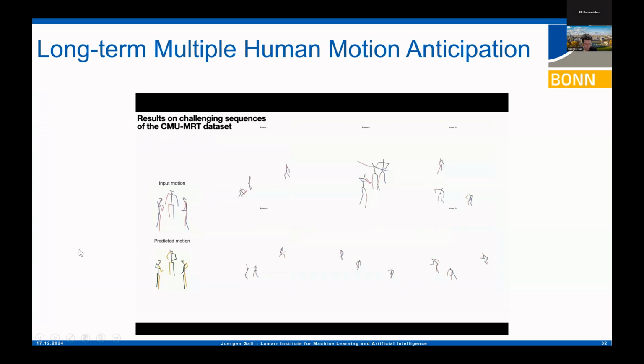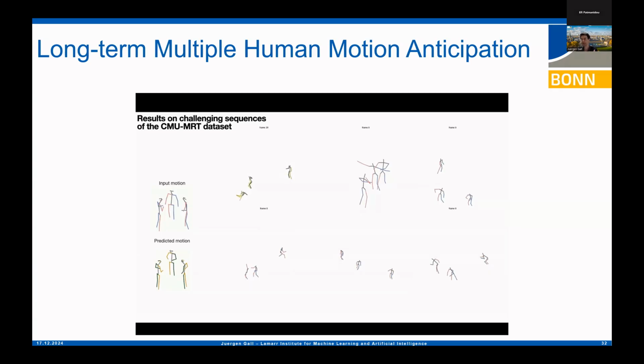We also applied it to some other sequences, but I want to make it a little bit clear that some of the datasets are not very useful. This is a dataset which has been used before. If you look at the motion, there's really no interaction between the persons. And this is not unexpected because this dataset has been created using the CMU mocap dataset, which usually contains one or two persons, and then they simply randomly combined multiple sequences together, which shows, yes, there are three persons, but there's no interaction between them. So on this dataset, if you predict the motion of each person individually or of all the persons together, there's actually no difference because there are no real interactions between the persons.